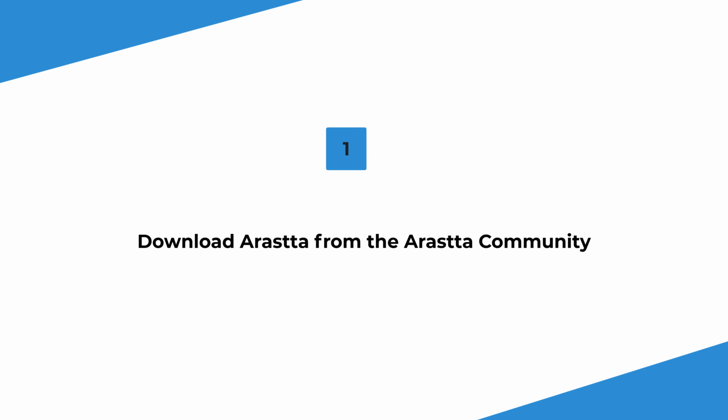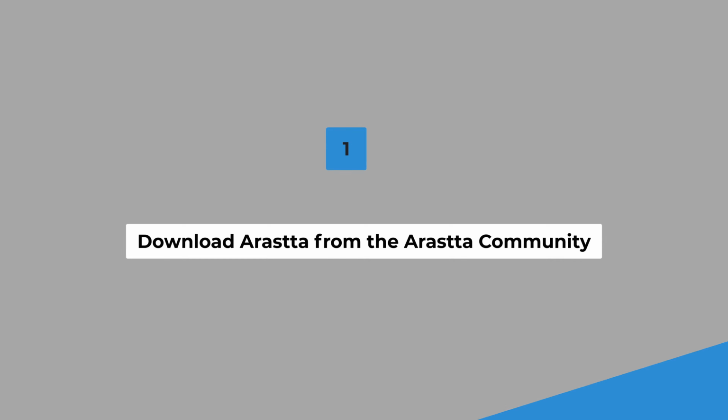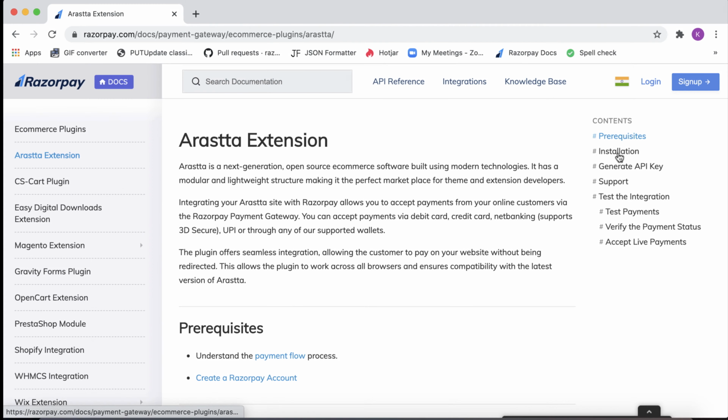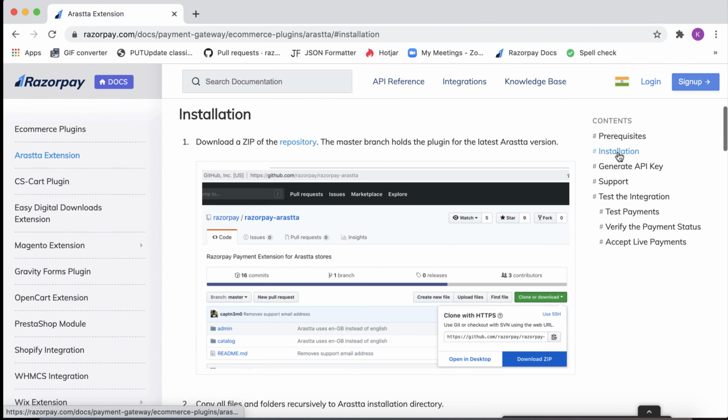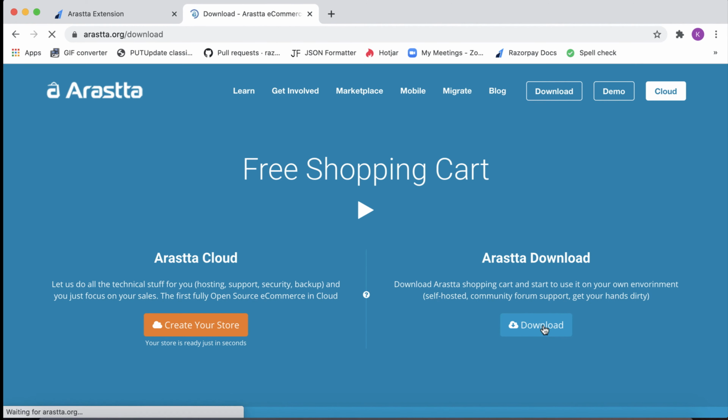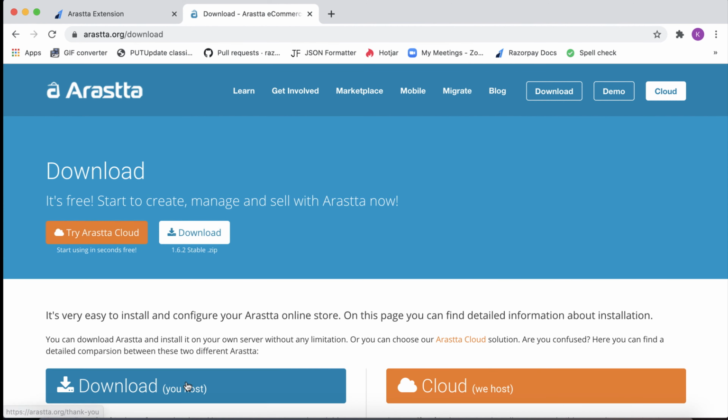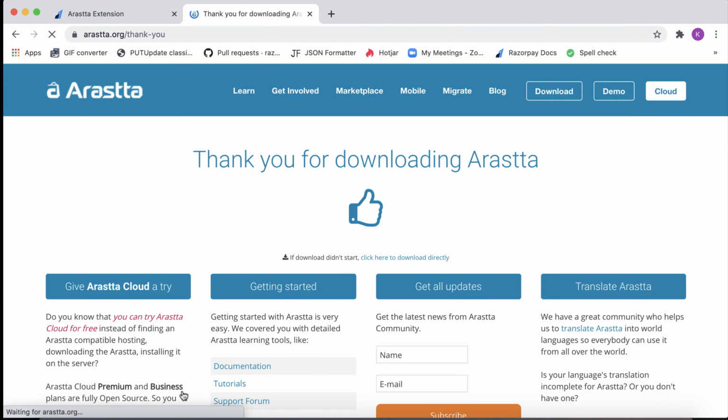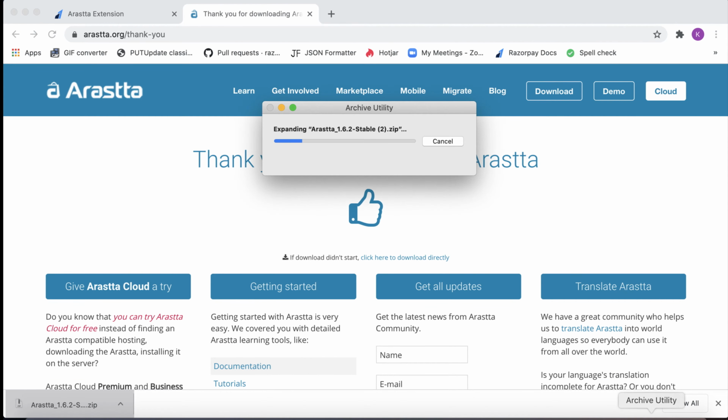Step 1. Download Arista from the Arista community. In the Arista integration document, navigate to the installation section and follow the steps. Log into the Arista community and download the latest version of Arista. Install it on your server.